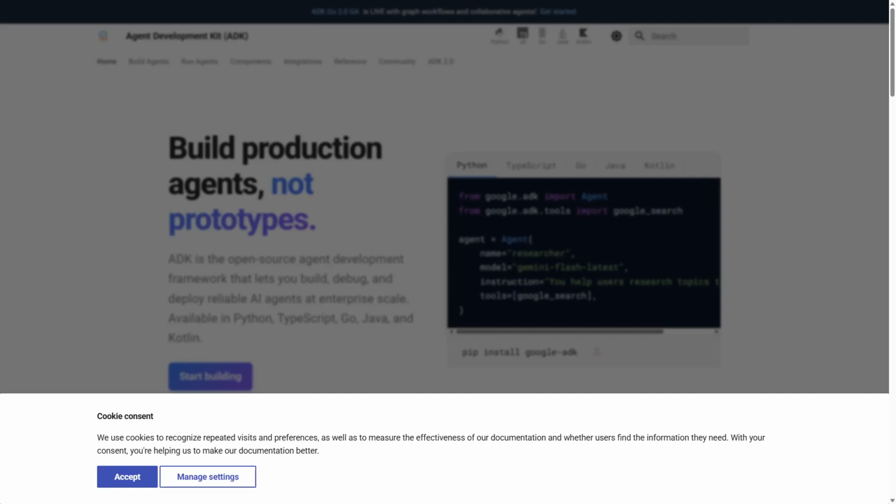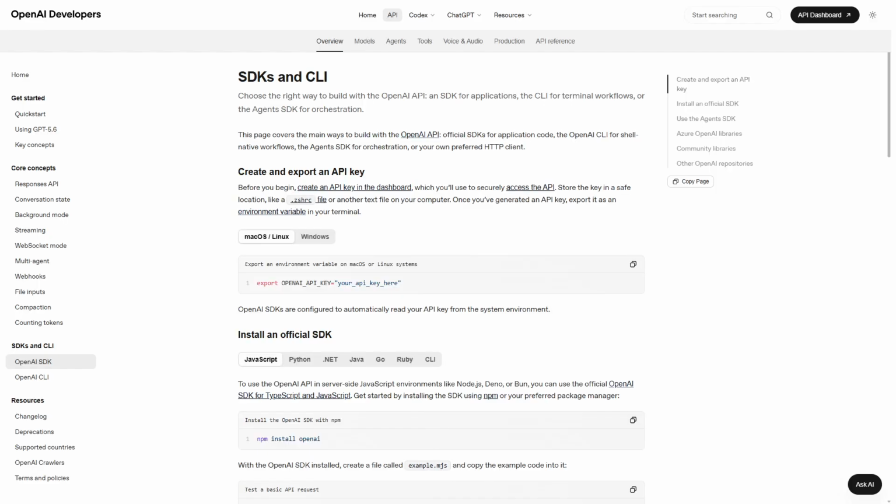Google ADK versus OpenAI SDK: choosing the right AI development kit can completely change how you build intelligent applications without complex setup. We'll explore Google ADK and OpenAI SDK, highlighting their main differences and benefits. Google ADK and OpenAI SDK are two powerful AI development kits designed to integrate AI into applications. The core difference lies in Google ADK's focus on seamless Google ecosystem integration, while OpenAI SDK emphasizes cutting-edge language model